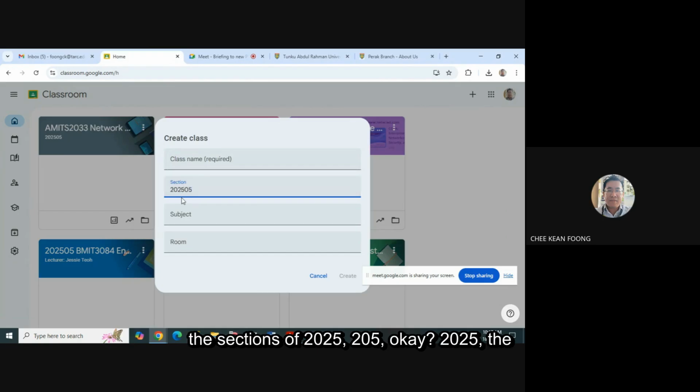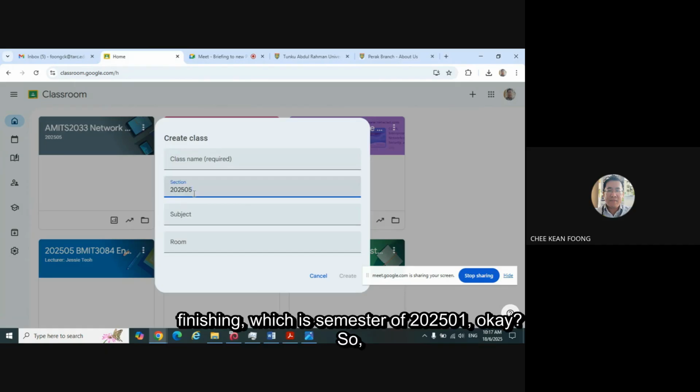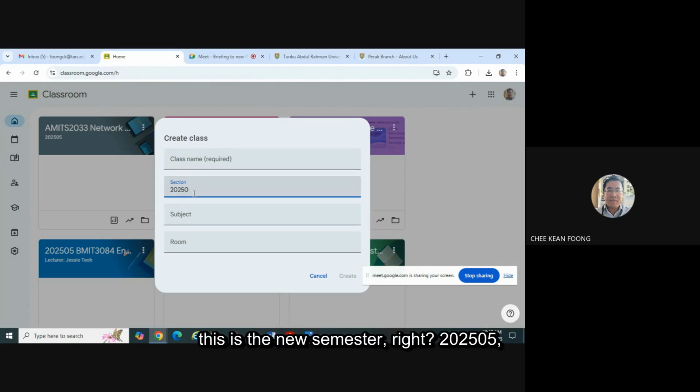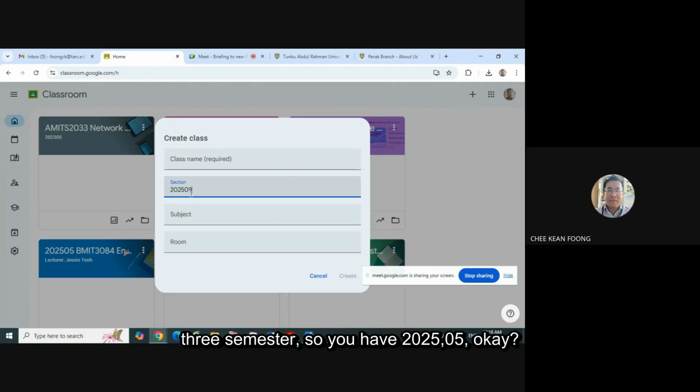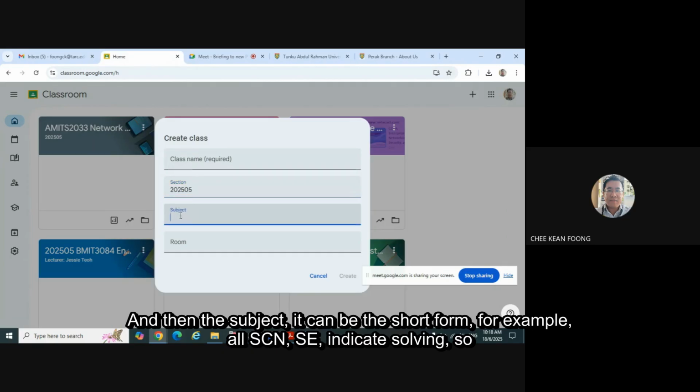okay, 202505. The previous one just finished, which is semester 202501. Okay, so this is the new semester, all right, 202505. After this semester, another semester which is 202509. Right, so this is per year, 3 semesters. So you have 202505. Okay, and then the subject, it can be the short form, for example FCN,